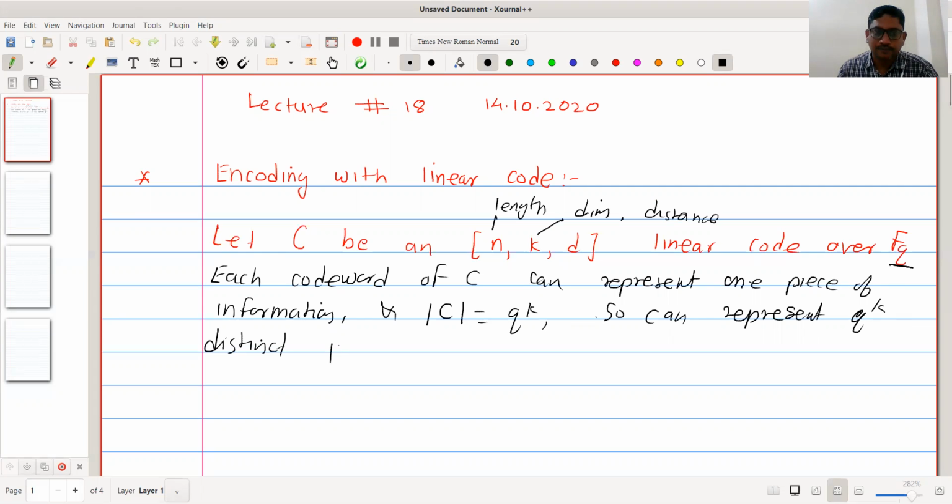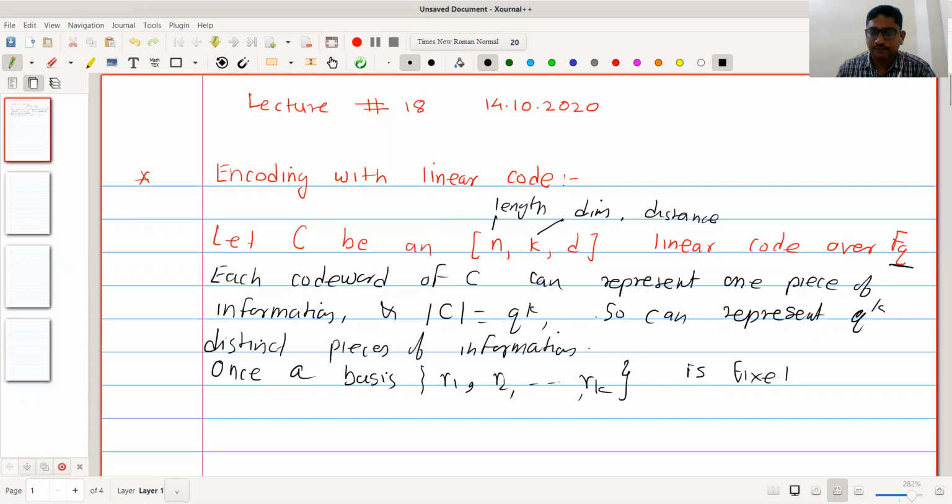Each word can be treated like this, as distinct pieces of information. And here, since dimension is k, once a basis R1, R2, and so on is known, there must be k linearly independent vectors in C which span V. So once this basis is fixed in C,